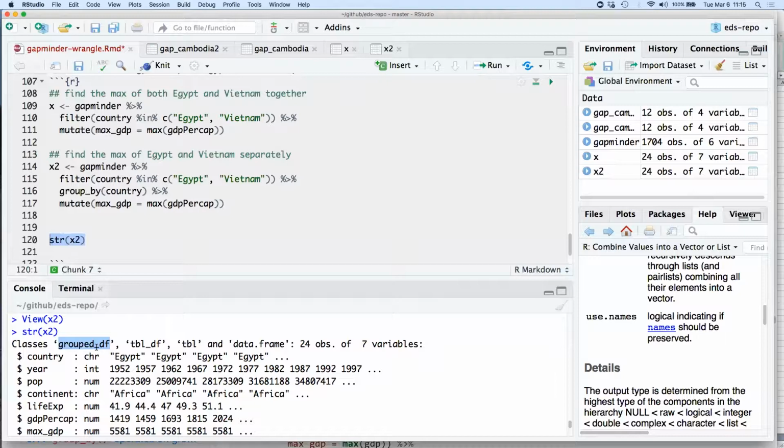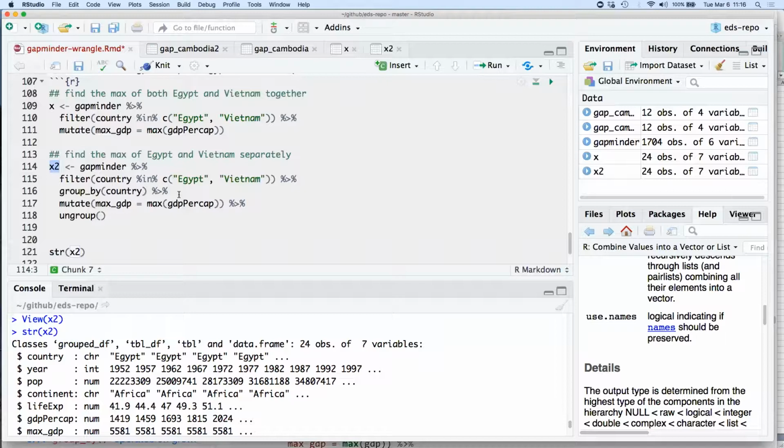So something that will keep you safe if you use a group by command is to always end the statement with an ungroup. So it's still just a single data frame, but every row is not independent anymore. Like it's still considered a unit with Egypt right now. There's a lot of times that might not matter. Like this is the end of our little analysis, and so we're not going to do anything more with our x2 variable. Maybe that's fine, but we've definitely run into problems where 15, 20 lines down in your analysis, you're